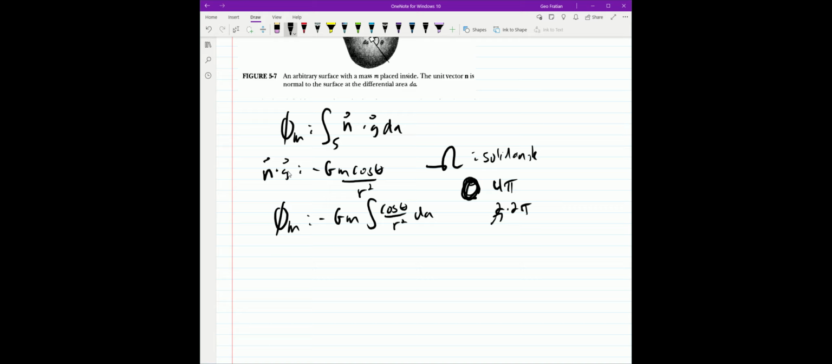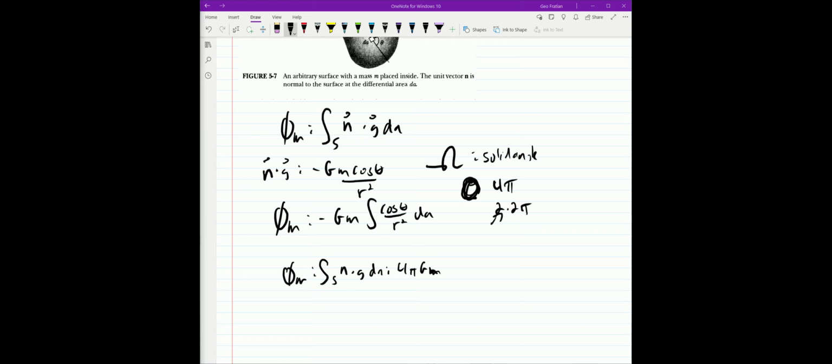Sorry about that. But okay, if we look at an arbitrary surface and integrate over the solid angle, you basically get the integral of n dot g dA. Well, that's just negative 4 pi GM. So yes,